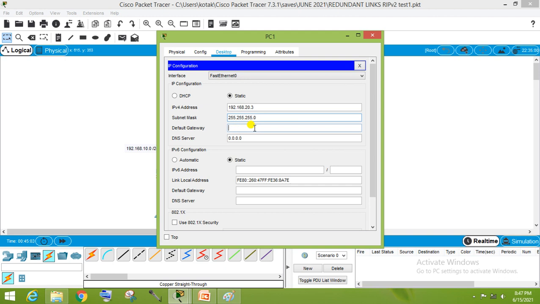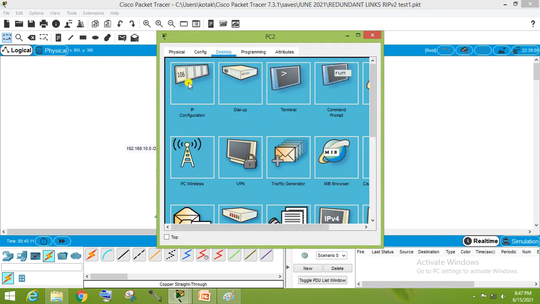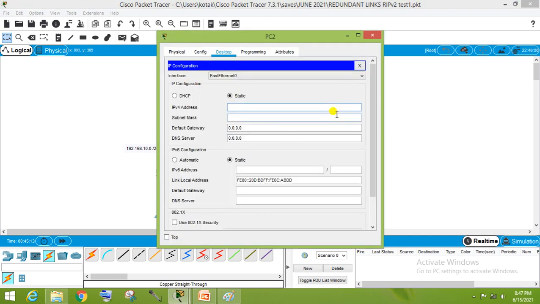What is the gateway? 192.168.20.1. The third, 192.168.30.3, and finally the gateway is 192.168.30.1.